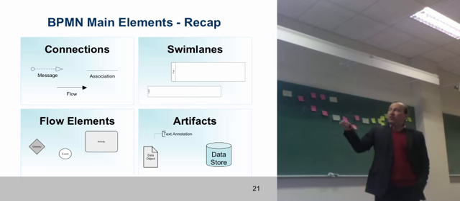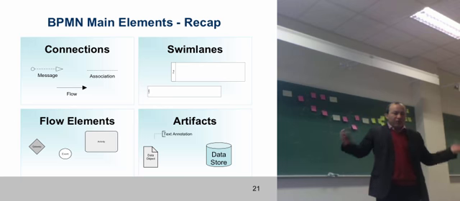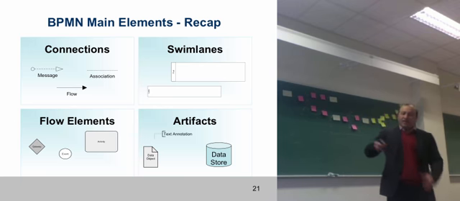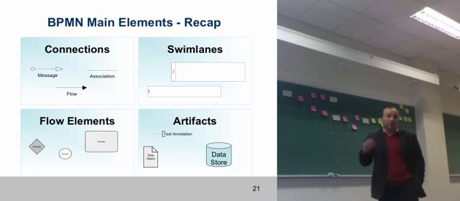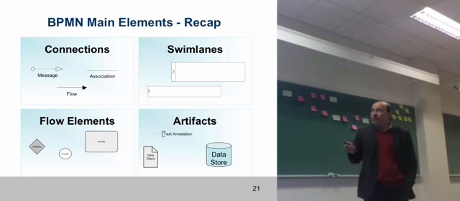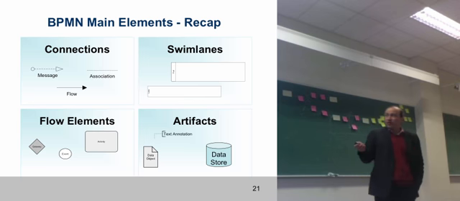Then, to capture the organizational perspective, I have pools and lanes. Pools denote separate organizations or organizational units that only communicate through messages, and lanes are subdivisions of a pool that capture different departments or different roles within a given unit. And then I have artifacts, data stores, and data objects that I can connect to activities or to events by